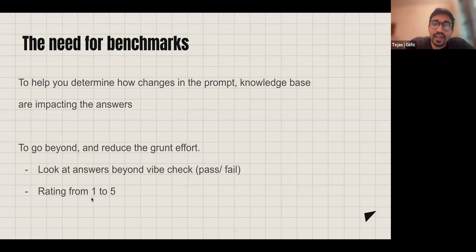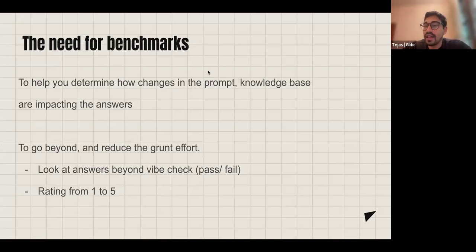So recently OpenAI released GPT-5, and if some of you are using GPT-4o in your chatbots and now want to switch the model, then before you make the change and have your beneficiaries interacting with your chatbot, you'd want to make sure that the change in model does not adversely impact the way it's answering. So that is one of the main reasons why we need to figure out a slightly better way to run the evals.